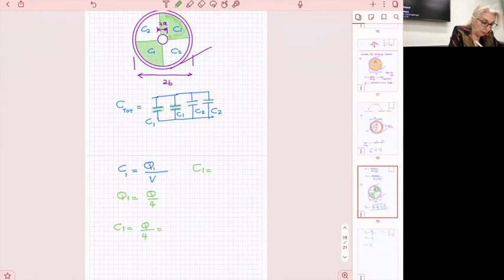But Q from the original, all right? The original Q over 4. And then it's going to be 1 over 4